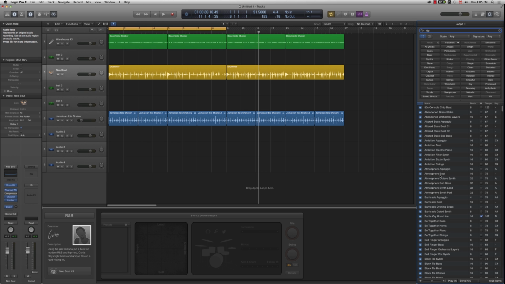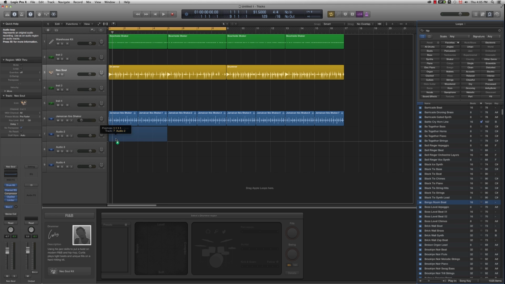And by the way, if you have the word beat, this is how they named the files that are basically drum loops. So I'm gonna lower the volume a bit so you hear me talk. And let's listen to a few. And I think this bongo beat here has especially a nice clap. Not sure the kick is gonna fit in, but let's drag and drop this guy on our second audio